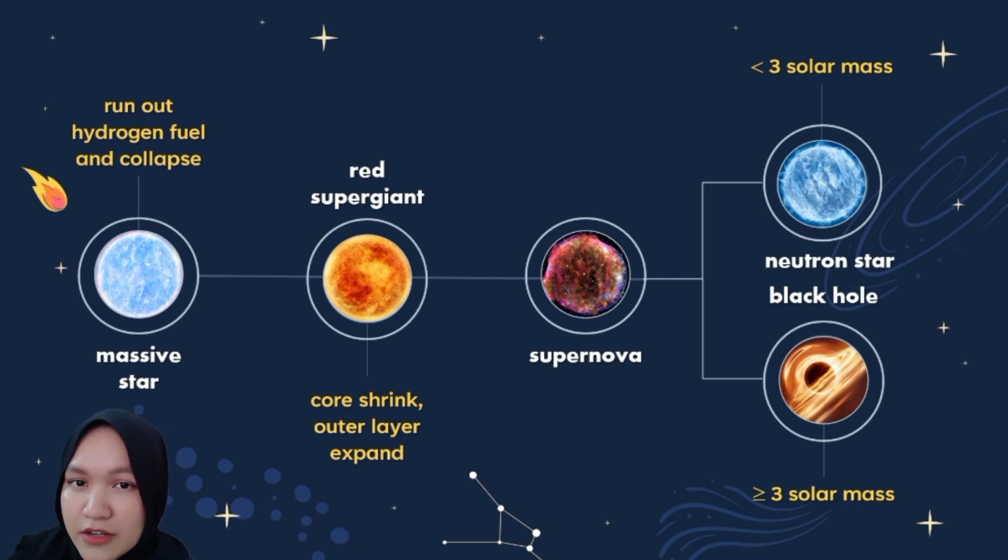A supernova occurs when the star collapses. The core of the star remains after a supernova explosion. If the core's mass is below 3 solar masses, the star collapses into a neutron star, a dense and compact star believed to be mostly formed of neutrons. If the core mass is greater, the star becomes a black hole, a cosmic body of extremely intense gravity from which nothing, not even light, can escape.